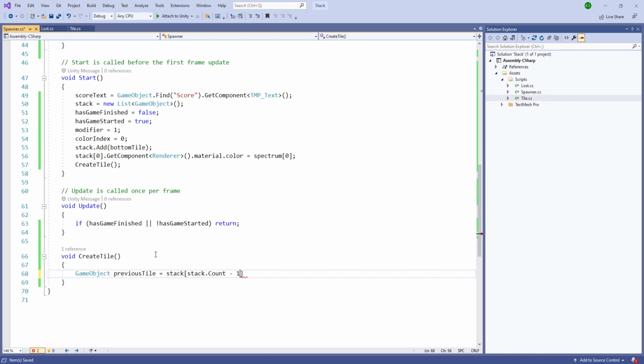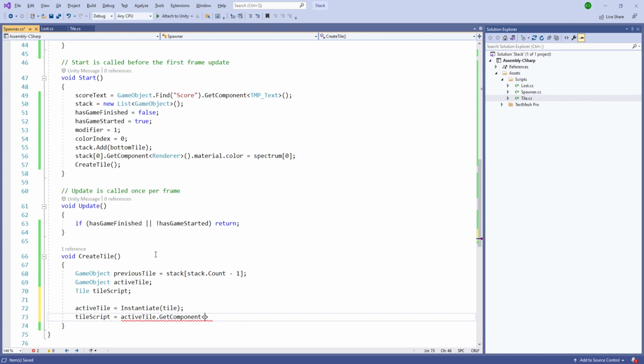So we have the reference style and the game object active tile. Afterwards, the tile or tiles. Let's do the active tile. Active tile is going to be the state of the tile. Afterwards, we'll have the tile script is active tile dot get component tile, and we'll add the active tile to